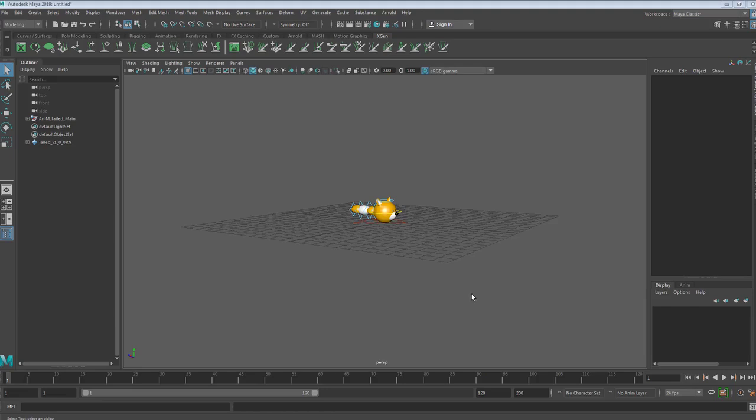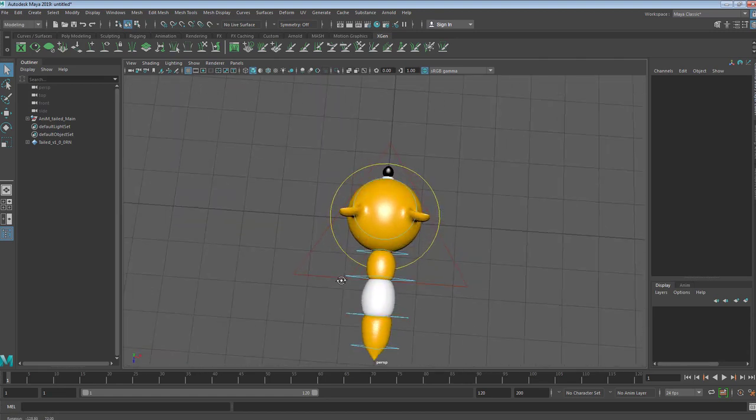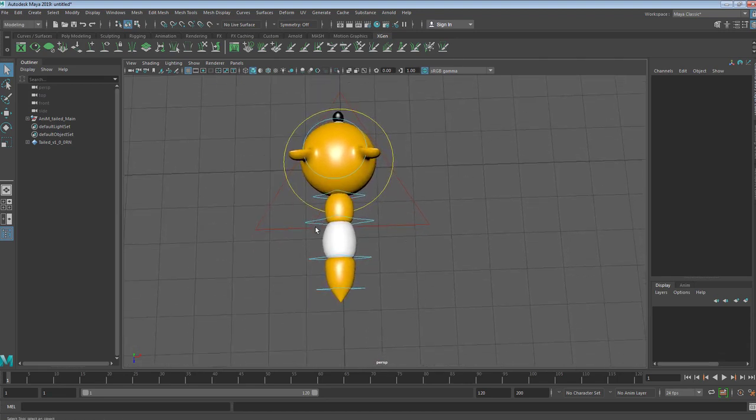Before we start our ball with tail assignment, let's do an exercise, and this is going to be part of your homework, to turn in this exercise. So what I'm going to do is I'm going to come around. So I've referenced my tail version 1 rig in. So I'm going to come around behind, and what we're going to do is we're going to practice wagging the